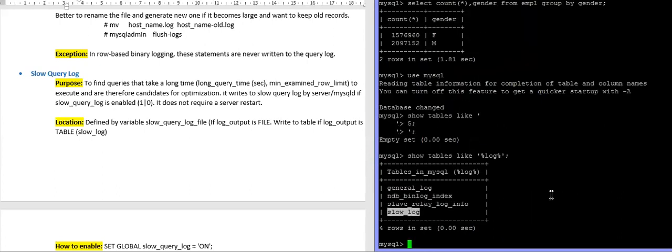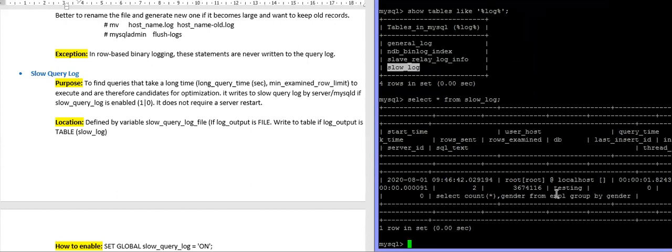So this is your slow log table. Now see this, select star from slow log and go to the last. Yeah, you can see this. It is logged in your system table also. So in this way, you will be able to log all your slow queries, slow SQL statements if you want to do it.